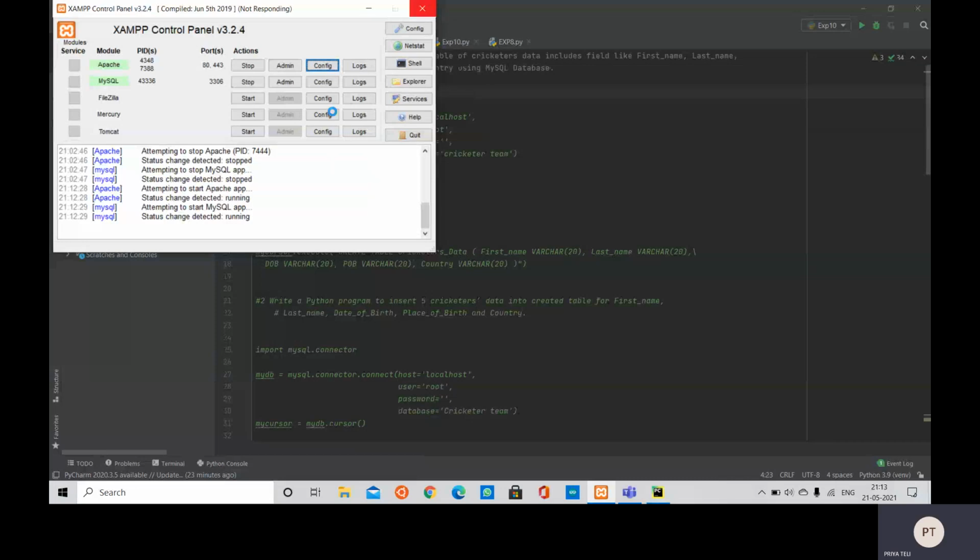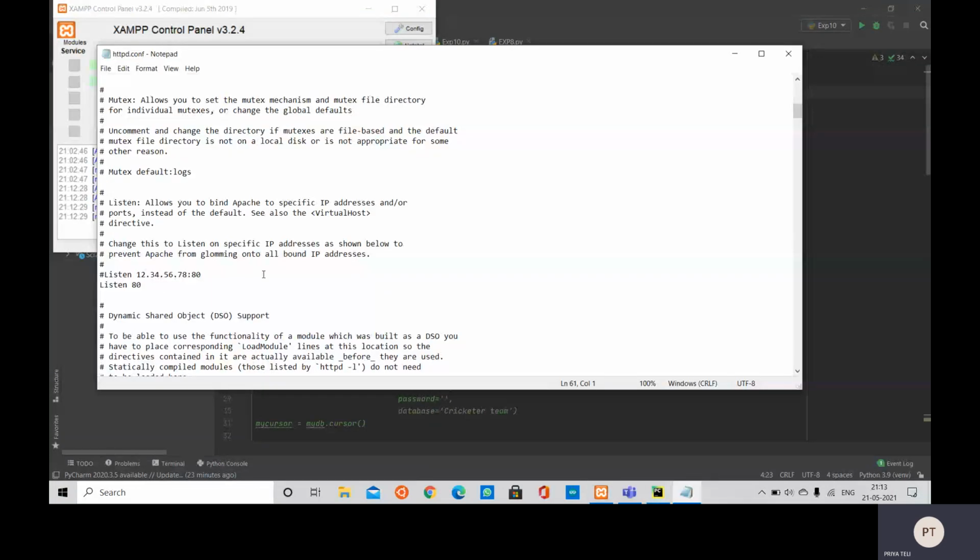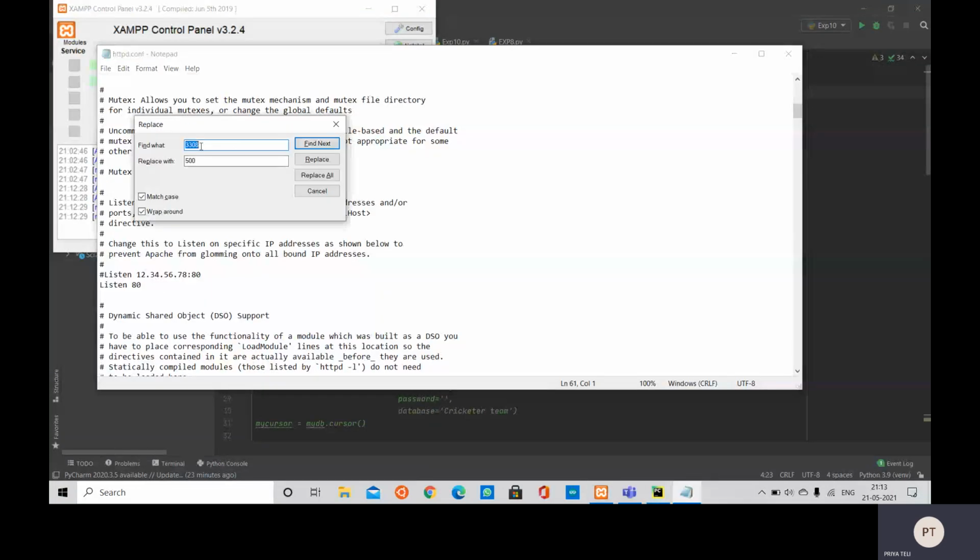You need to change the port numbers. Instead of 80, you can replace it with 81 or 8080. For that, press Ctrl H and replace 80 with 81 or 8080 and then save it.